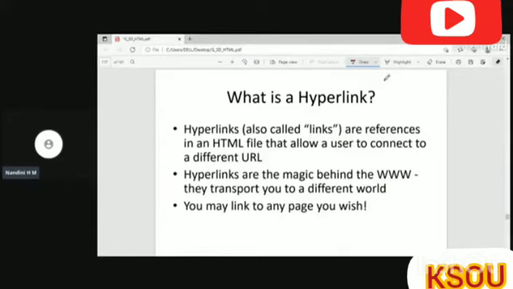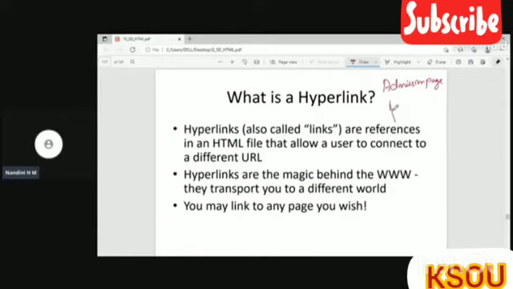Suppose for your website you have an admission page, and it is hyperlinked or in hypertext. When you click this link, it will redirect you to the admission page, where you can enter the details and get online admission. So a hyperlink is used to connect to a different URL or a different page.